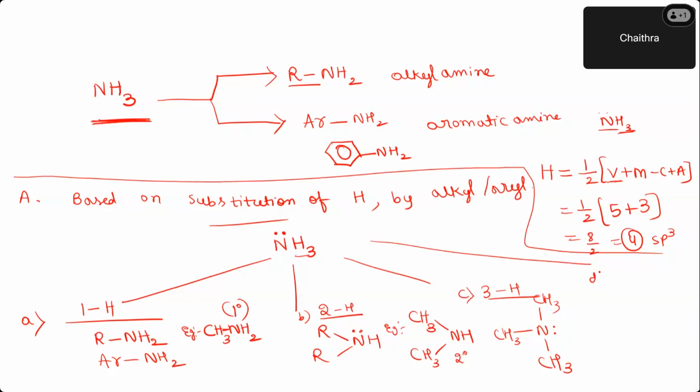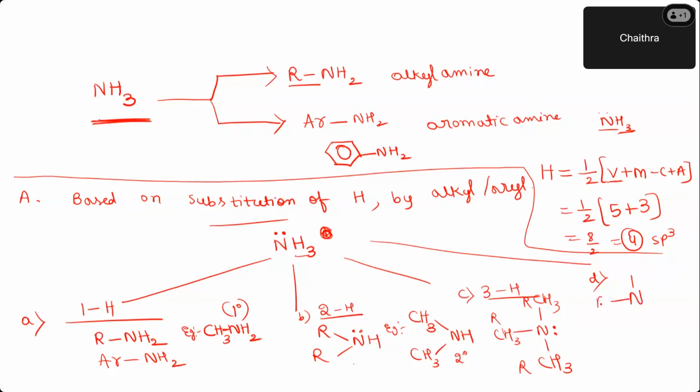Now the last case. Here a lone pair of electrons is there. Now I'll add a proton to this ammonia. Instead of adding a proton, you can do this thing. Here I attached 2 R groups. Here I attached how many R groups? 3 R groups, right? Now you take 4 R groups and attach to nitrogen.